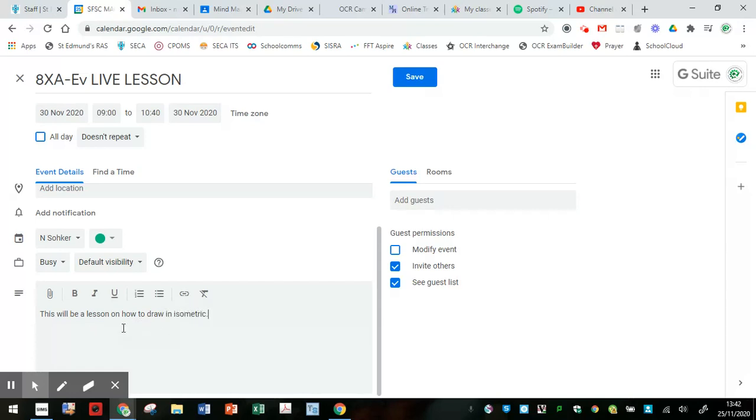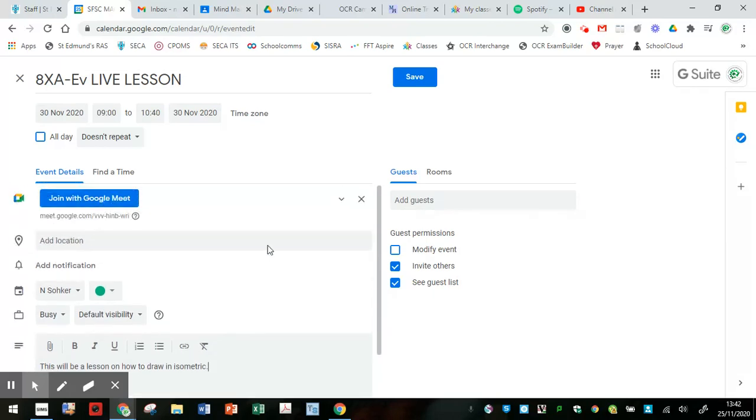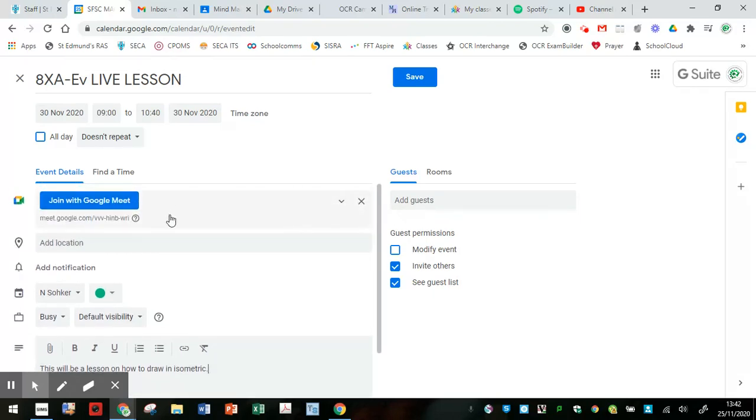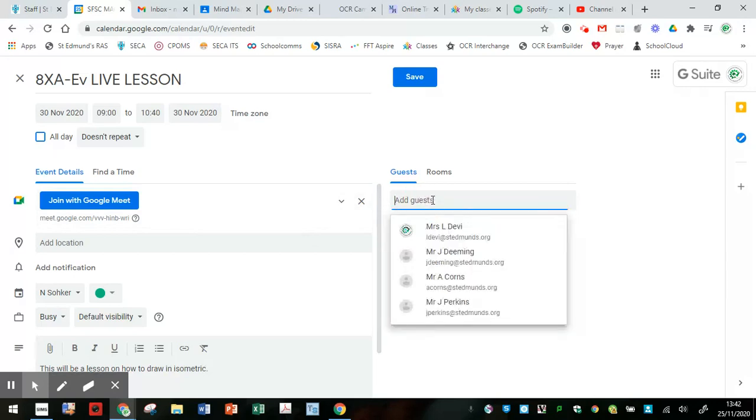Right, so once you put your details in, the next thing you want to do is invite your guests. Now you can just type their emails in individually, or if you've got a group created with all the different people in there, you can simply just type that in. So